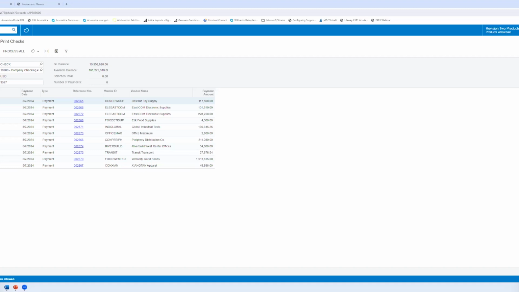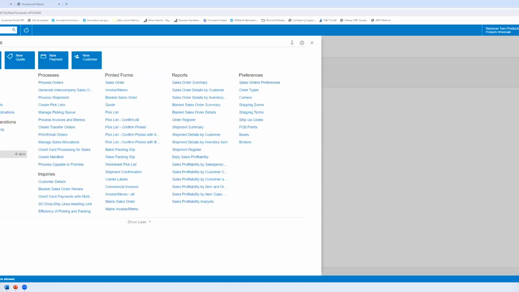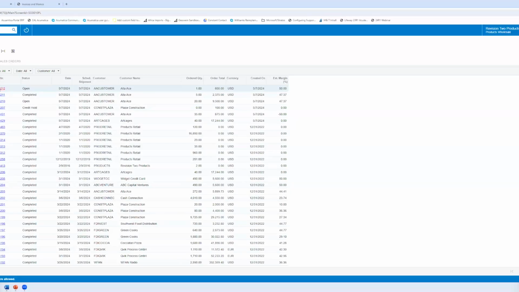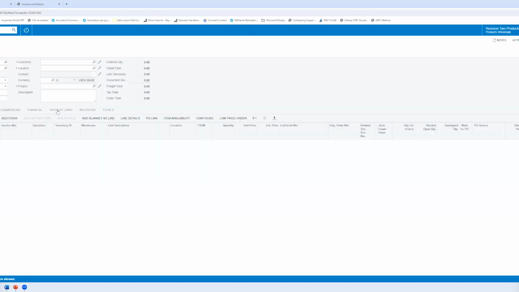Okay. The next feature that I'm going to show you is a 23R2 feature. And in 23R2, on the sales order, the invoice, and this is a sales invoice, and a purchase order, Acumatica has added more details. Let me just start over here. More details to the header of these transactions. So I'm going to open up an existing sales order. And up here in the header,